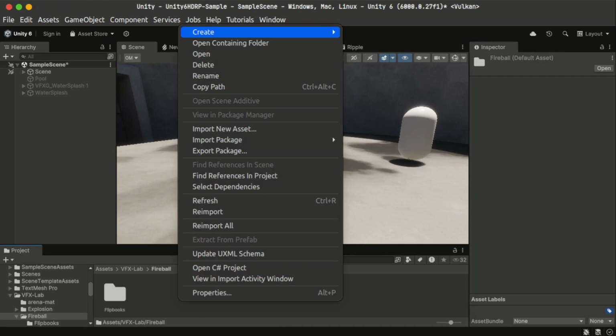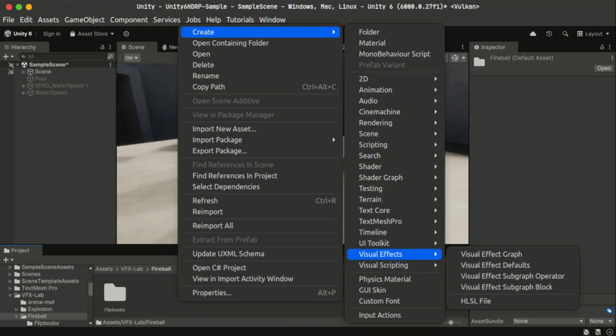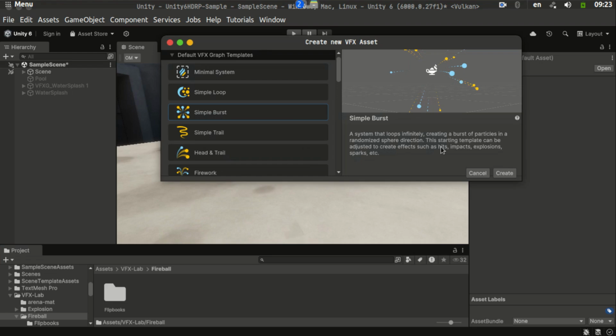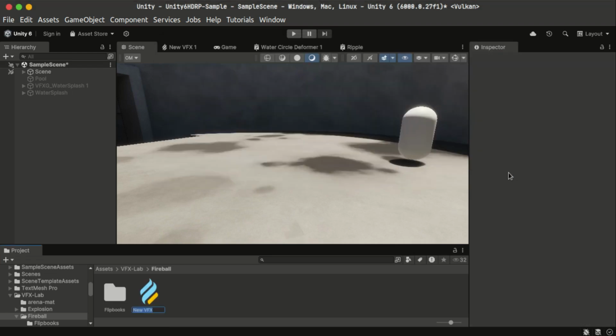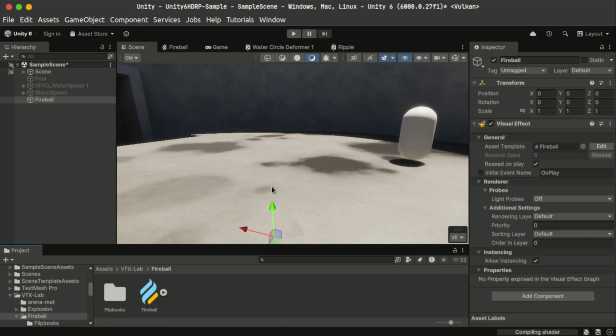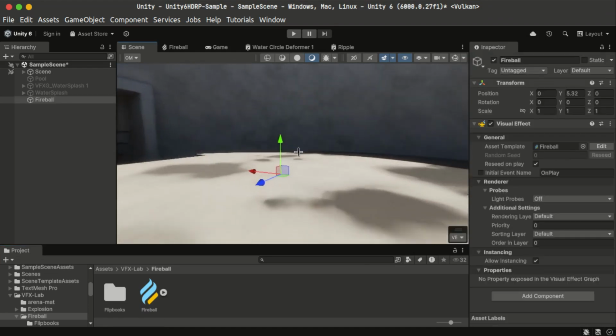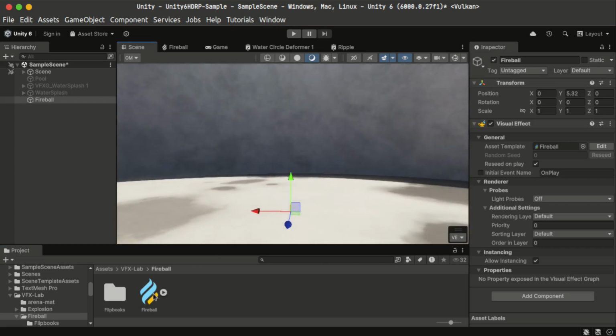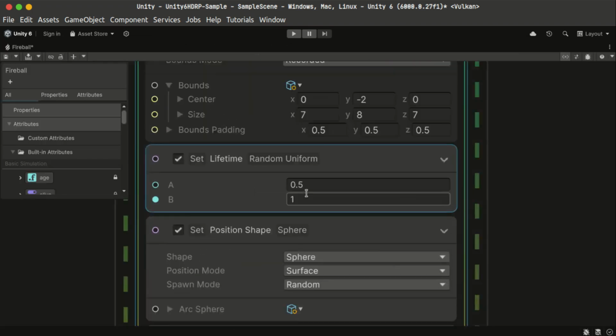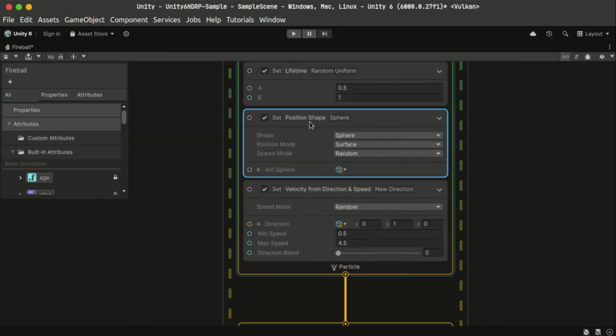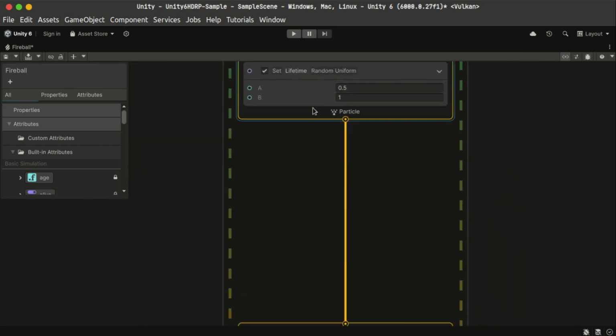Alright, so I'm going to create a visual effects graph. Let's go ahead with the simple burst. I'm going to call it fireball. Let's drag it into our scene. Here's what it looks like. Alright, we want to spawn one particle. And let's get rid of this and this. We're going to give it a lifetime of 1.5 to 3 seconds maybe, and let's give it a